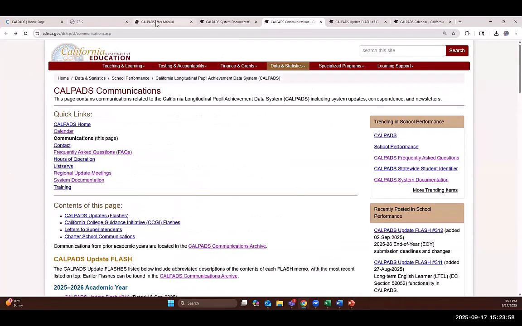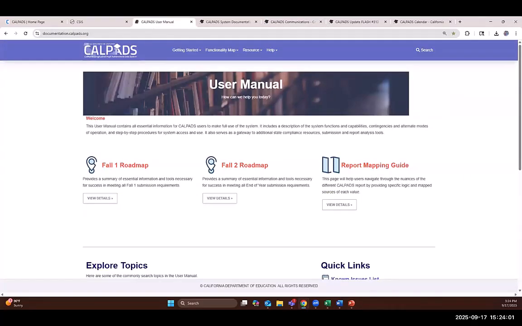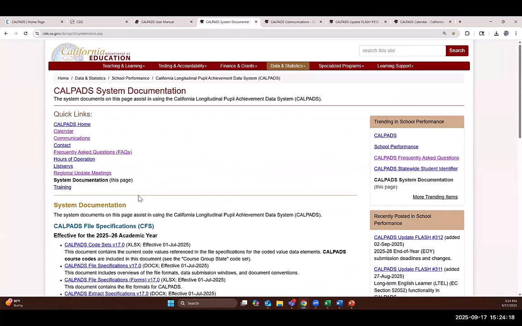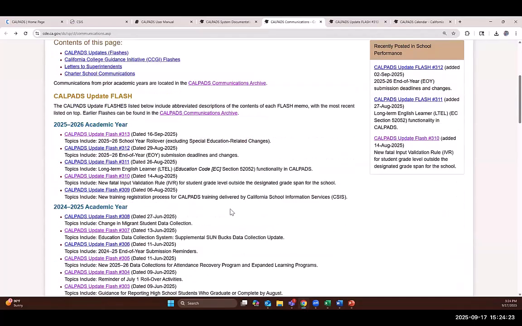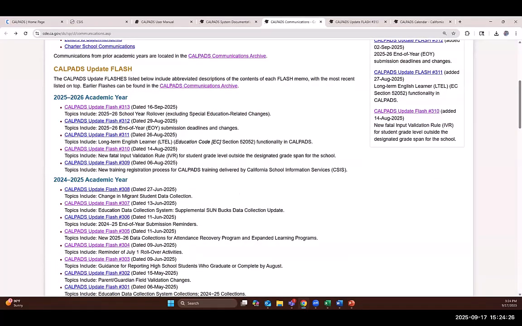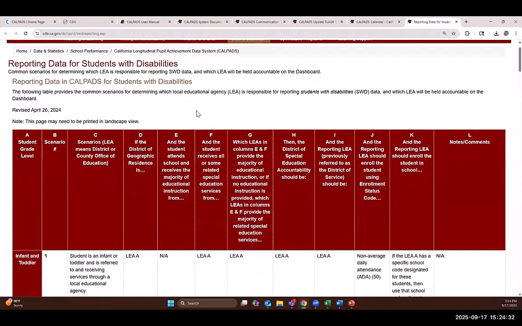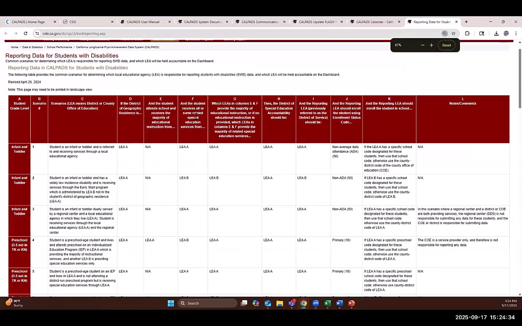And the special education school, the guidance for it is, there's a grid somewhere. I don't remember where that grid is, was it on that flash? No, not on this. I think I'm putting it in the chat right now. Yeah, that's it. So it's reporting data for students with disabilities, and it specifically says, I think in column K,